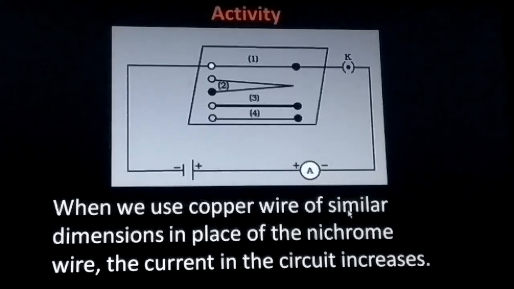So when we use copper wire of similar dimensions in place of the nichrome wire, ಅಂದರೆ ಒಂದು ವೇಳೆ ನಾವು ಇಲ್ಲಿ ನೈಕ್ರೋಮ್ ವೈರ್ ಬದಲಾಗಿ ಕಾಪರ್ ವೈರನ್ನು ಇಲ್ಲಿ ಹಾಕಿದರೆ, ಅಂದರೆ ಸೇಮ್ ಡೈಮೆನ್ಷನ್, ಸೊ ಇದರ ಥಿಕ್ನೆಸ್ಸು ಅಷ್ಟೇ ಇರಬೇಕು, ಆನಂತರ ಲೆಂತ್ ಕೂಡ ಅಷ್ಟೇ ಇರಬೇಕು. ಡೈಮೆನ್ಷನ್ಸ್ ಮೀನ್ಸ್ ಲೆಂತ್, ಬ್ರೆಡ್ತ್, ಹೈಟ್. ಸೊ ಲೆಂತು ಮತ್ತು ಥಿಕ್ನೆಸ್ಸು ಸೇಮ್ ಇದ್ರೆ ದಟ್ ಮೀನ್ಸ್ ಡೈಮೆನ್ಷನ್ನು ಸೇಮ್ ಇದ್ದರೆ, ಬಟ್ ಮಟೀರಿಯಲ್ ಏನಿದೆ ಇಲ್ಲಿ,